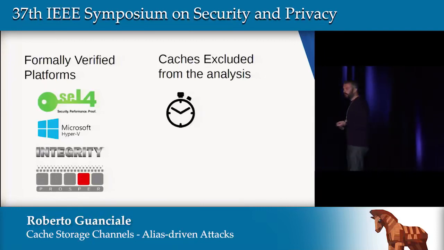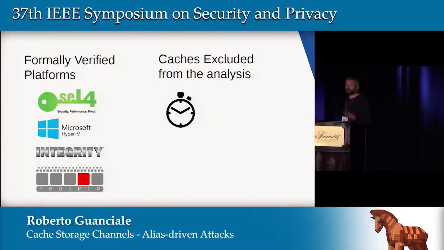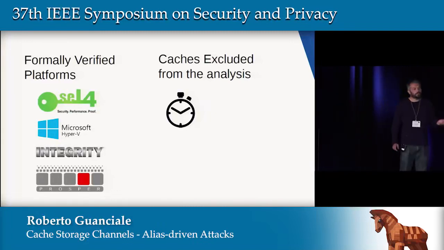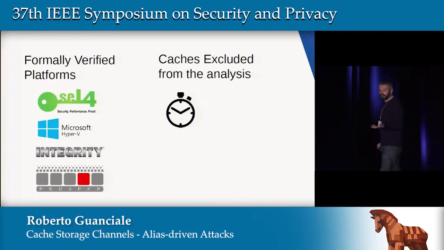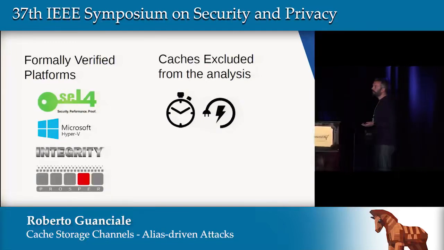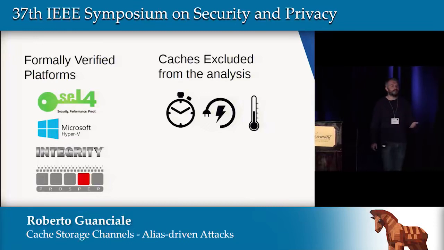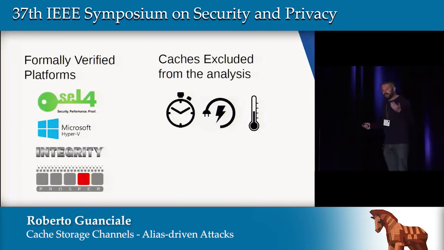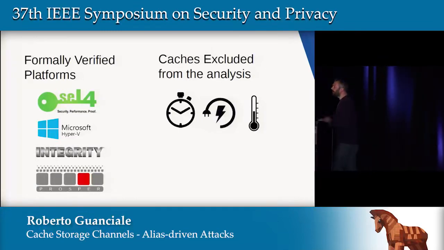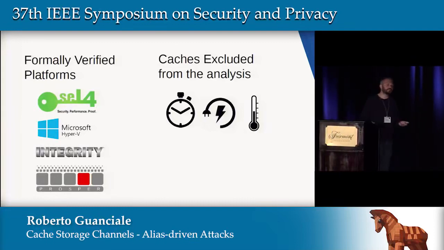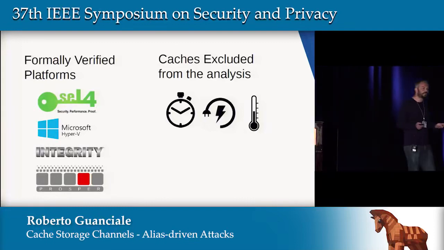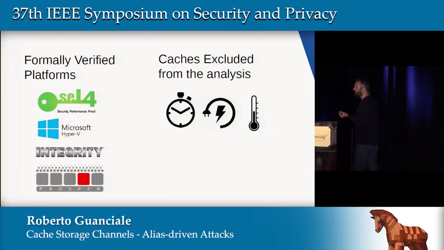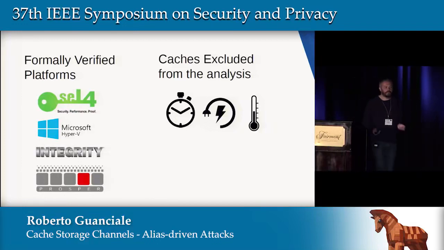And how much of this is a problem? We know that cache can affect the execution time of software, and a detailed analysis of the execution time can be used to leak information from the implementation of a crypto service. Similarly, power consumption or temperature can be analyzed by an attacker to extract information from secure software. In all these cases, these channels are built over variables that are not part of the formal verification. The main reason is that today it's too difficult to have a formal model that takes into account all these variables. It's really difficult to predict statically the time needed to execute an instruction on commodity hardware today.